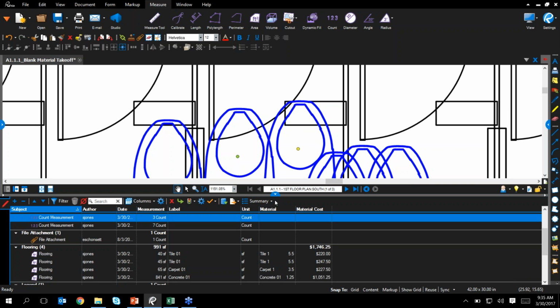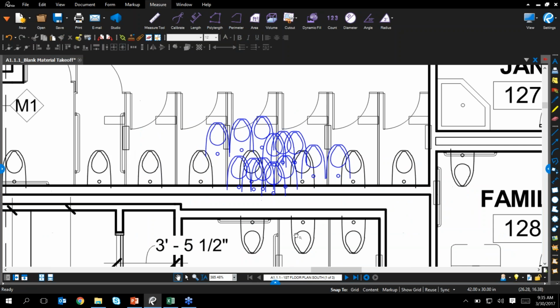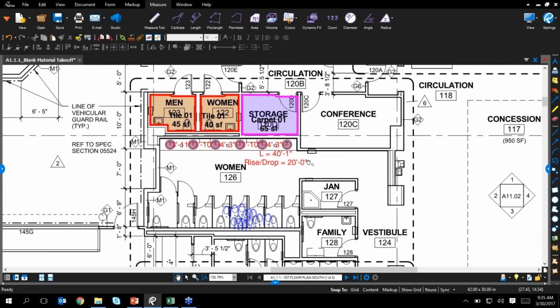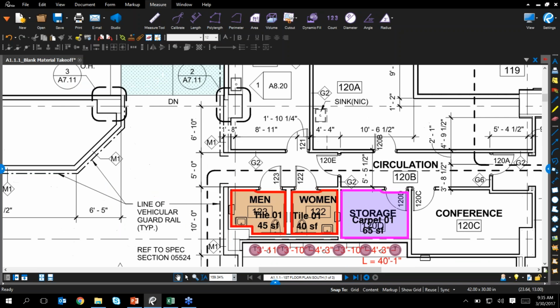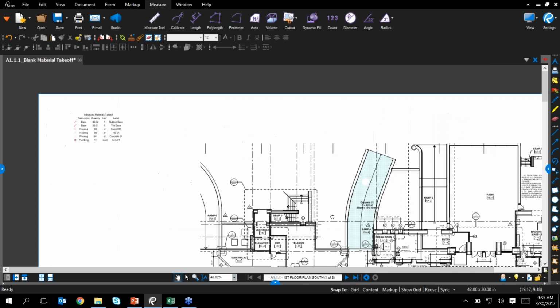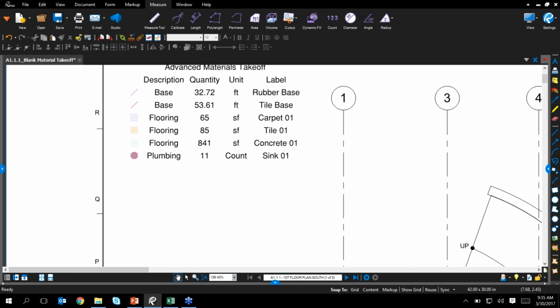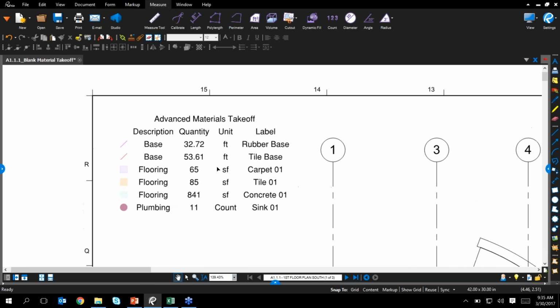Okay, so we've been taking some measurements, taking some counts on this drawing, and now we need a way to share this information downstream. So let's talk about a few different ways that you could do that. The first thing that I want to do is circle back to our old friend Legends. Remember, we dropped this Legends that was not particularly interesting looking on the drawing earlier. Well, now it's a lot more interesting to look at because we have data in there, and it's pulling in